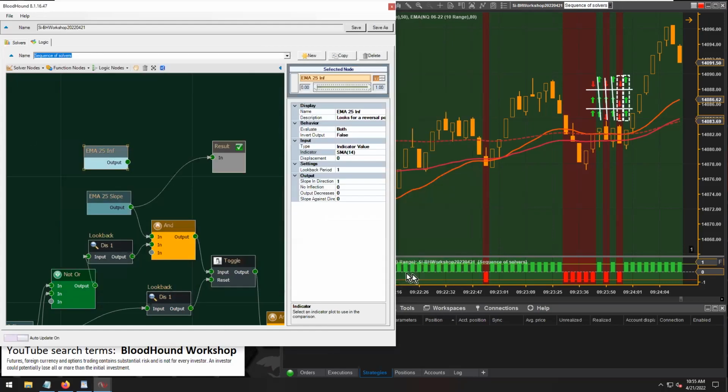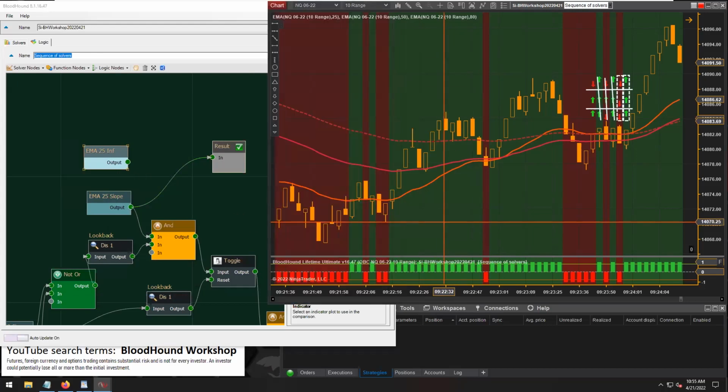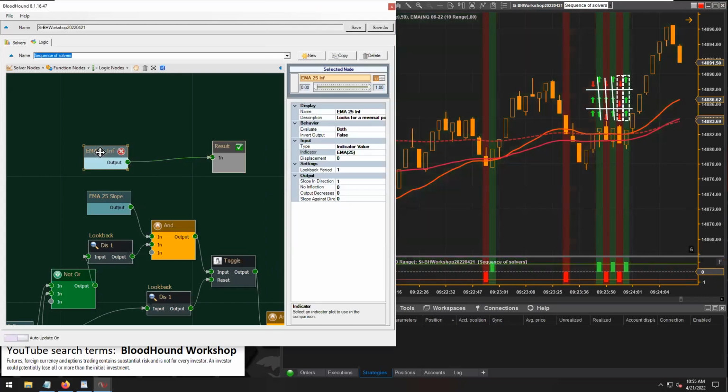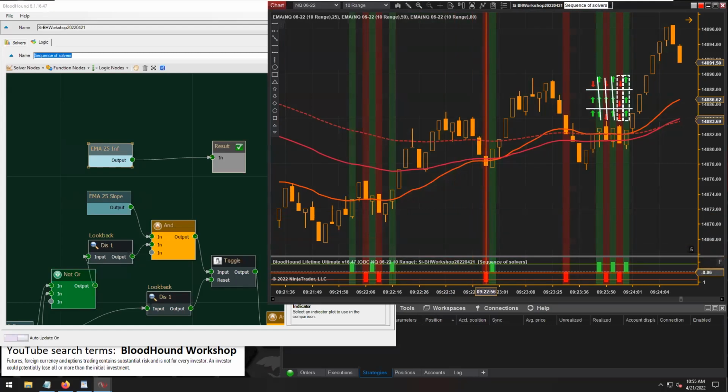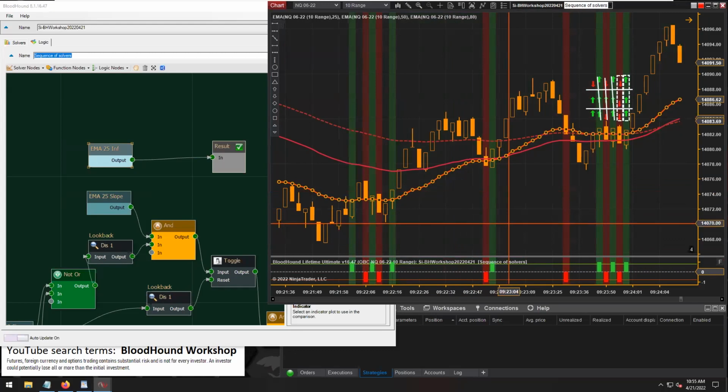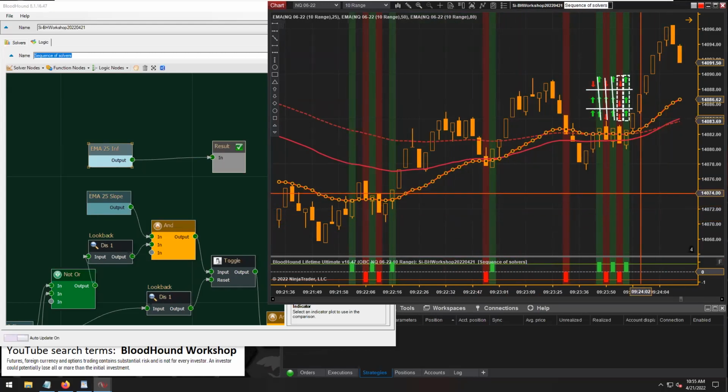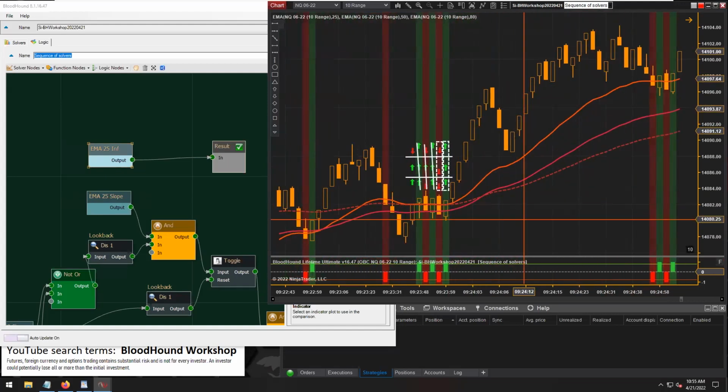Like so. Right. So again, looking at the chart, we have a continuous long, and then maybe a short, continuous long, continuous short, right? But if we were dealing with something a little simpler, such as just a single signal when the EMA reverses direction, that would be a lot easier to visualize and comprehend what's going on, because what would happen is,